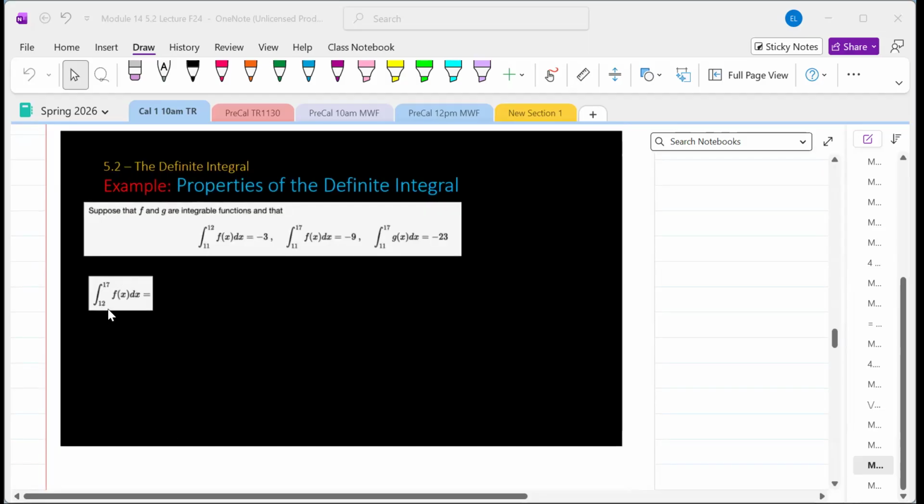So this one here, we have the integral from 12 to 17, but when I look at all of the things I was given, I have 11 to 12 and 11 to 17 for f of x, but I don't have 12 to 17. So what I need to look at is that,